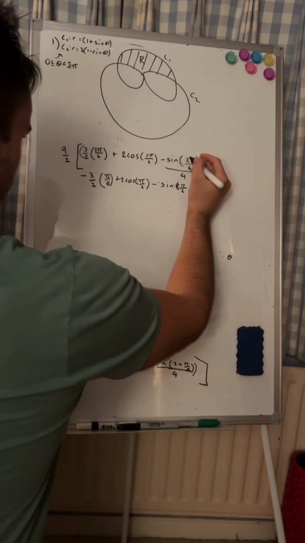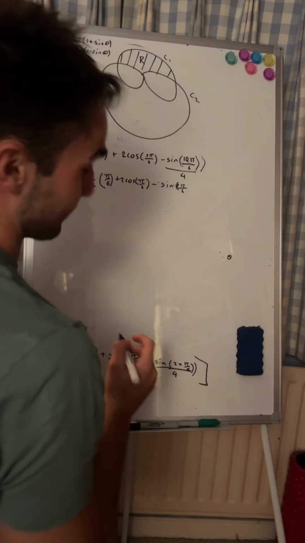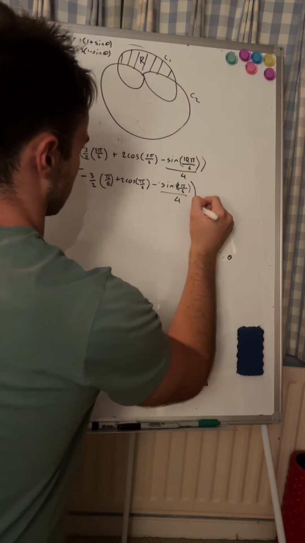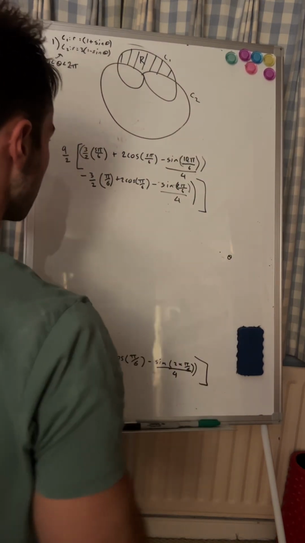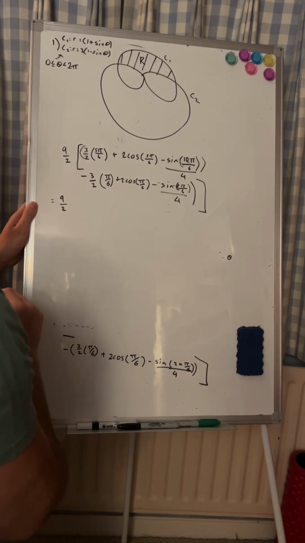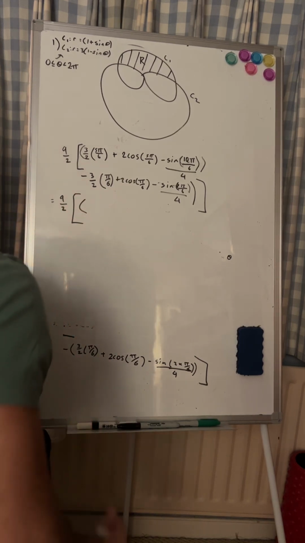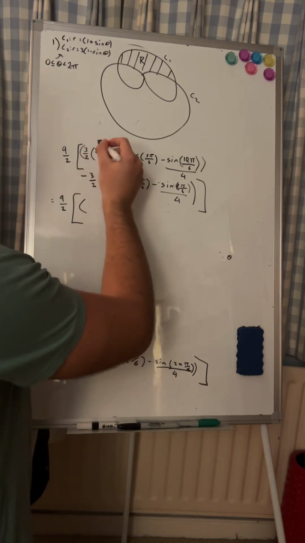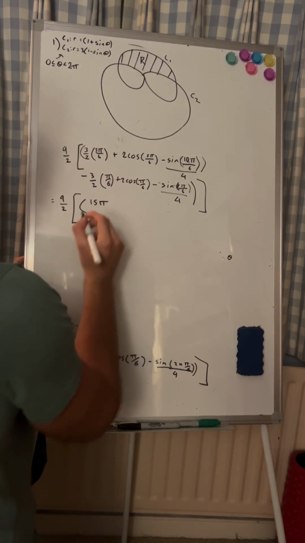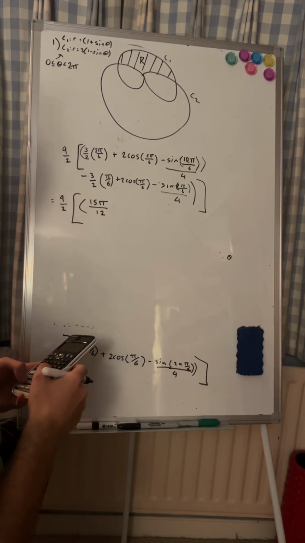That's 2 times 5 pi, which is 10 pi over 6, right? We could be cooked. I hope this is right. So now this is 9 over 2. And then we're going to work out what the first bracket is. So 3 times 5 is 15 pi over 12. 2 cos 5 pi over 6